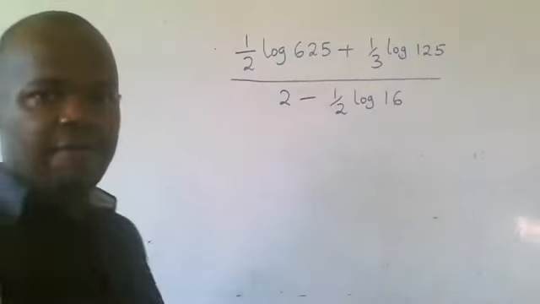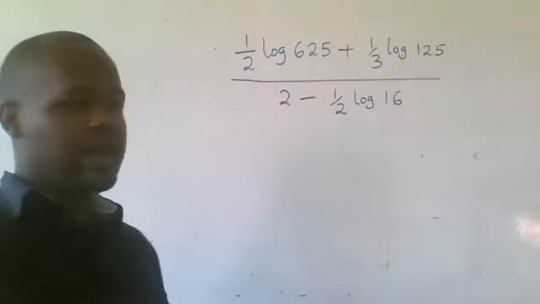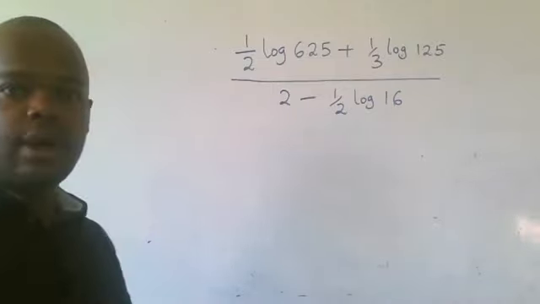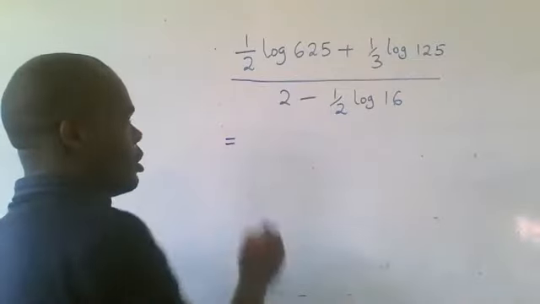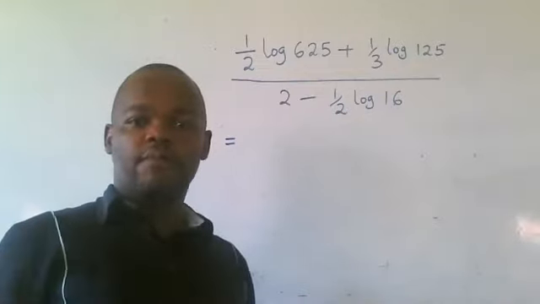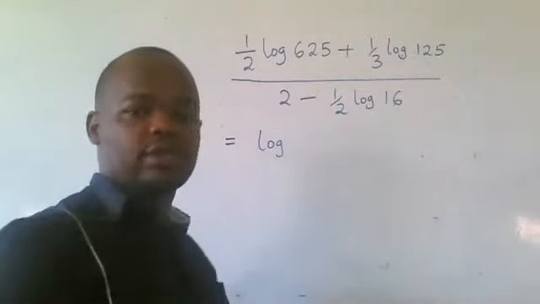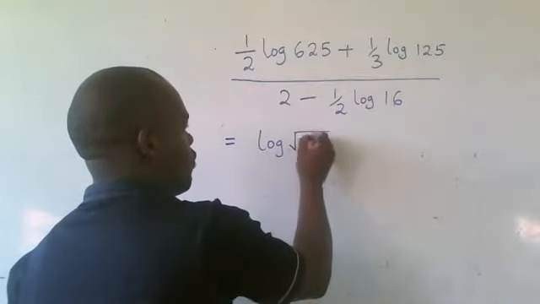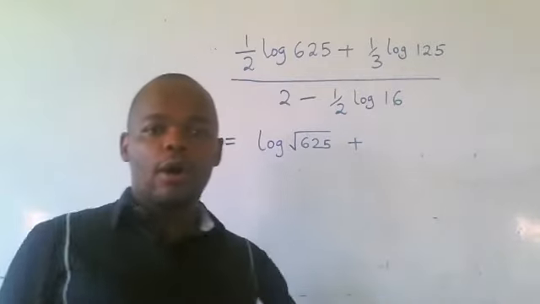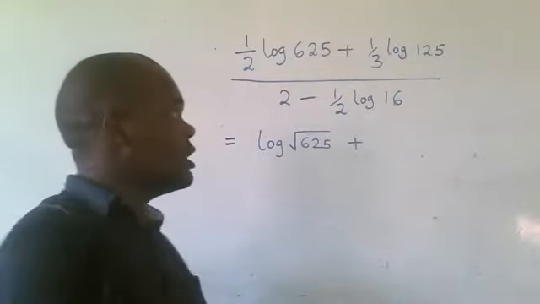So we have half log 625 plus a third log 125 over 2 minus half log 16. I say that this one will be equal to, according to the third law of logarithm, log 625 power half. And log 625 power half is the square root of 625. Then plus a third log 125 is log 125 power a third, and that is log cube